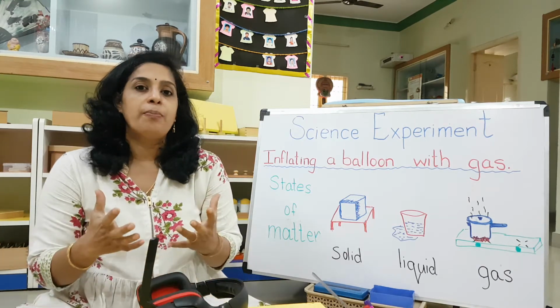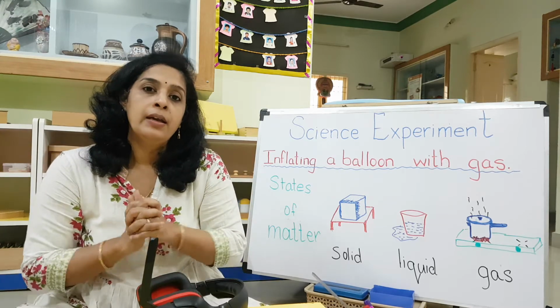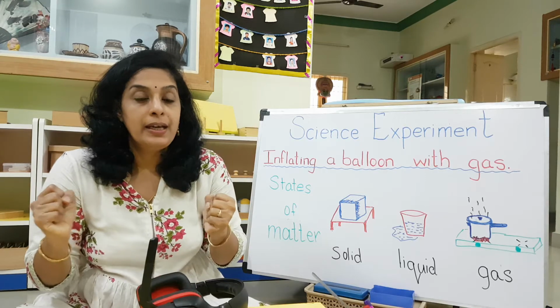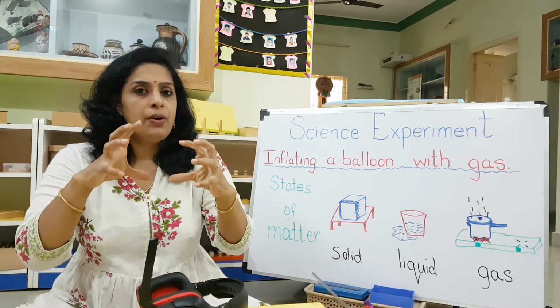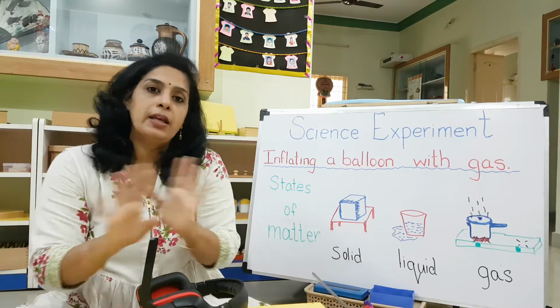Okay, states of matter. நம்ம சுத்தி இருக்கிறதெல்லாம் in what form they are in. You are able to touch them, you are able to see them, you are able to feel them, right? So how do you feel it? Okay, that is what we are going to see. There are three types of matter, that's all.